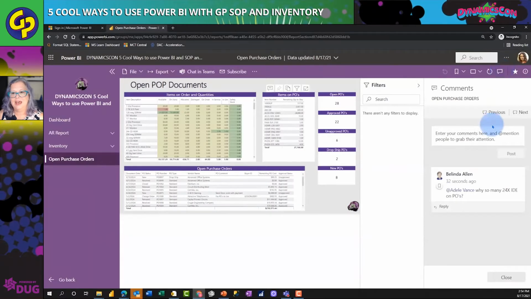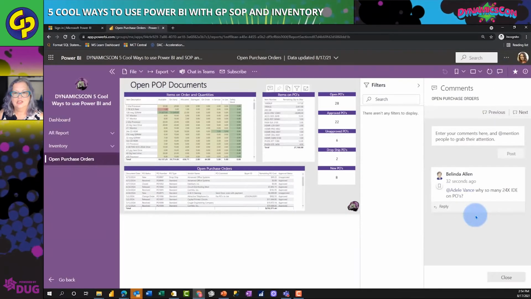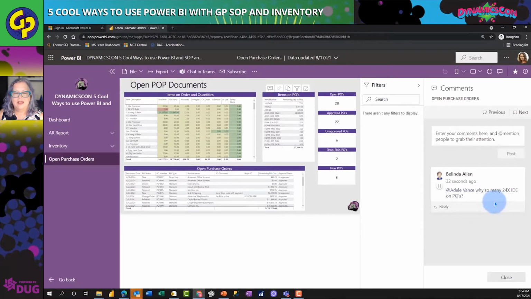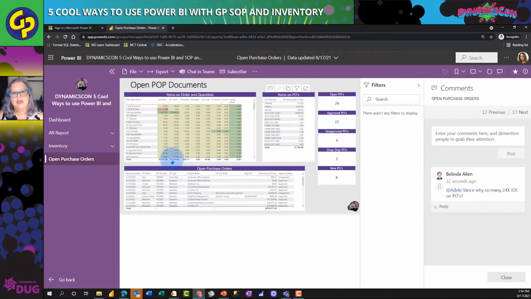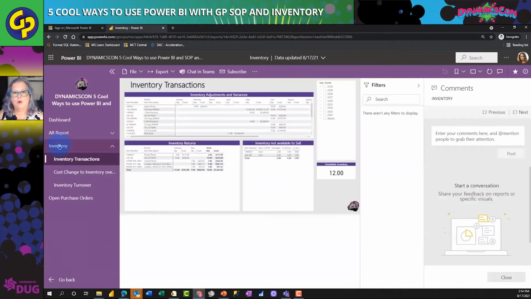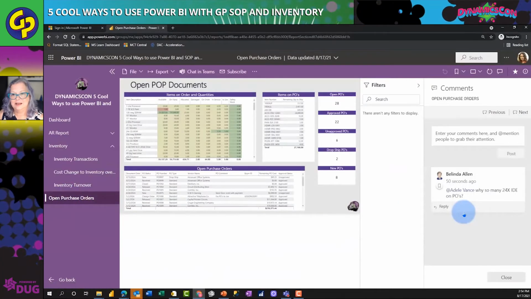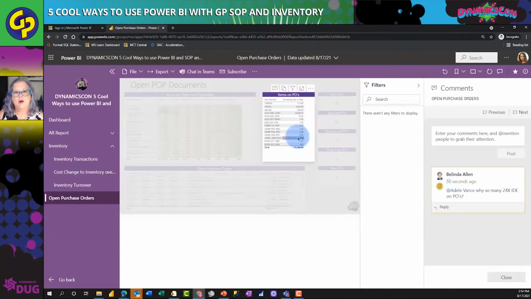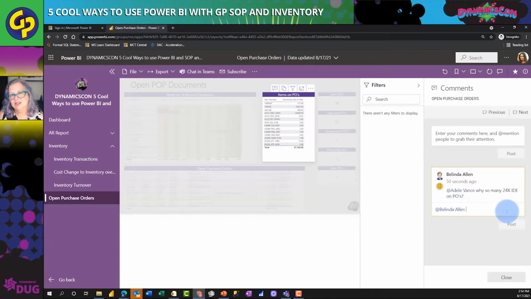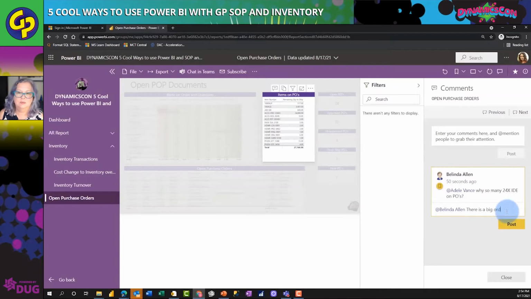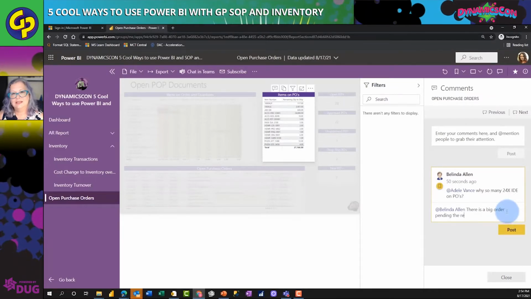So she opens up chat, and now she sees the question on the chat, and notice there's a bookmark icon there. So she could click on that bookmark and take a look specifically at that report, or she can go straight to the chat itself and start responding. So here we are in the chat. If you click on the bookmark, it puts focus on it. Now I've got a little more idea which particular visual Belinda wanted to ask about, and then she could respond,